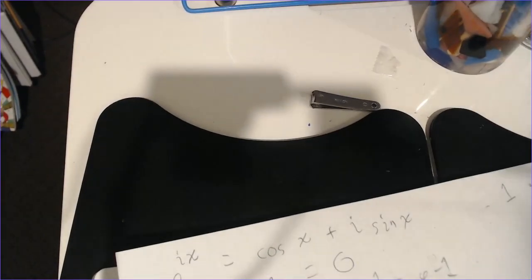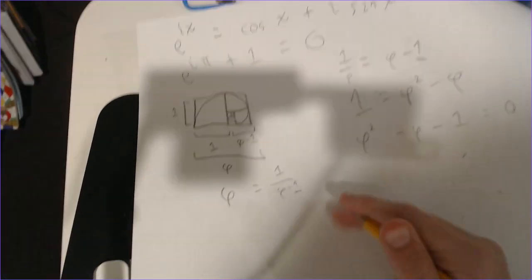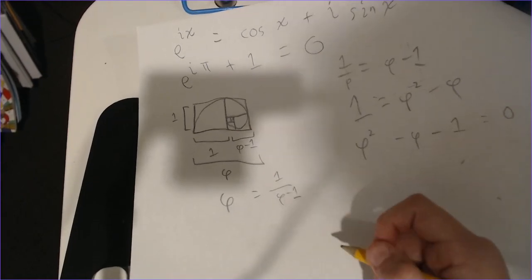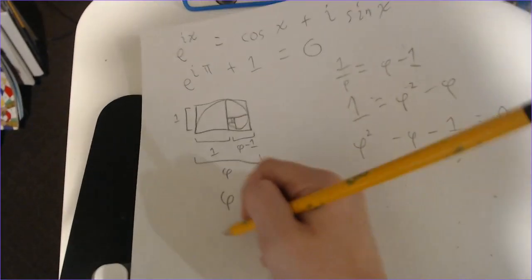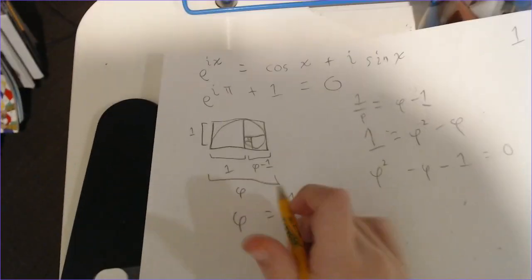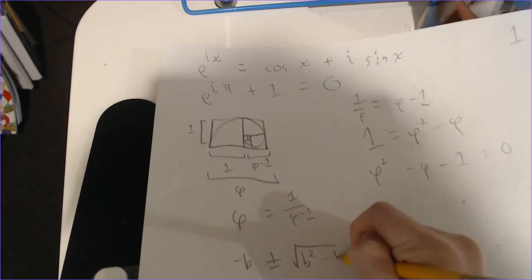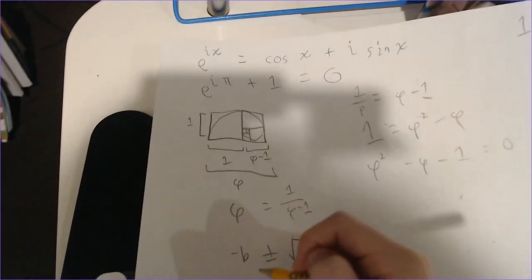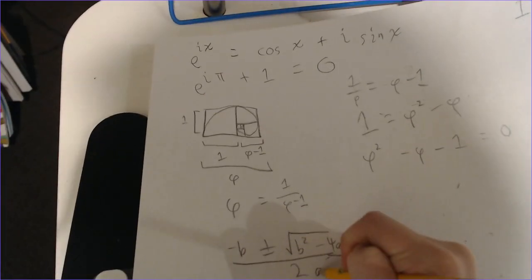So, yes, we are actually going to use the quadratic formula. So a equals 1, b equals negative 1, c equals negative 1. So what we need to do is negative b plus or minus the square root of b squared minus 4ac, all divided by 2a,